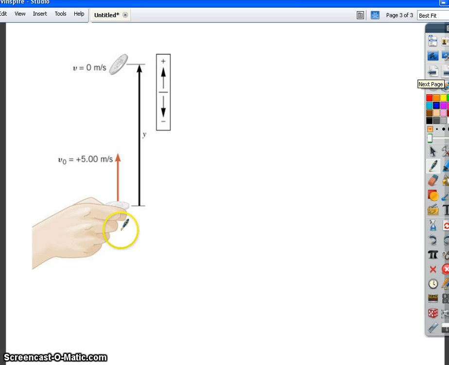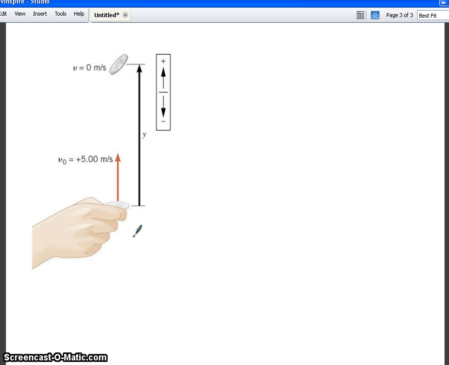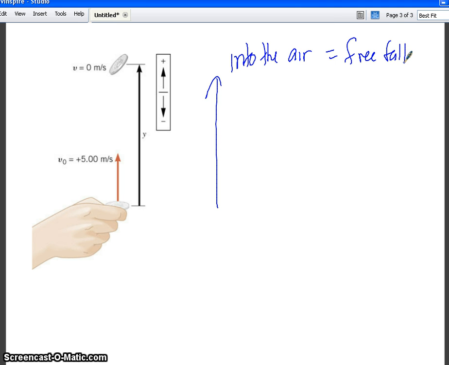This situation has just one example. The one thing you want to know about this: sometimes we toss an object into the air. If an object is going upwards into the air, that is still equal to free fall. An object going up or an object going down are both in free fall, because this object will stop eventually and then go back down. There's a whole variety of things we can ask for questions like this. But the one thing I just want to point out is that when this coin, for example, is going to go up,